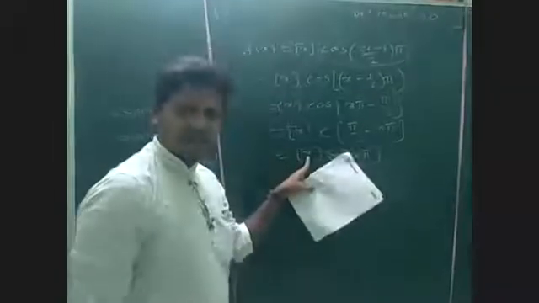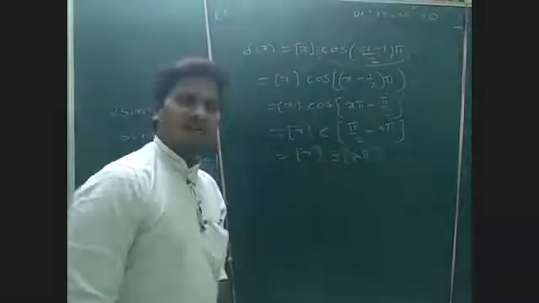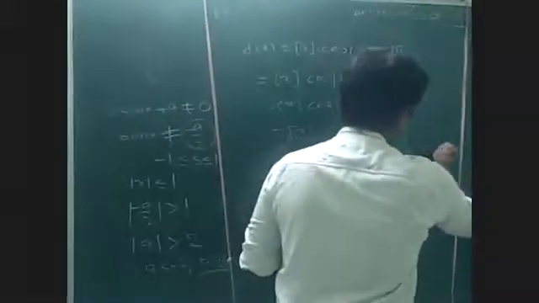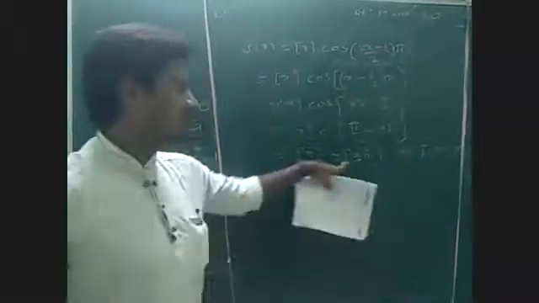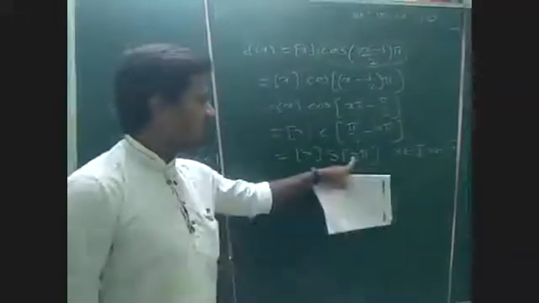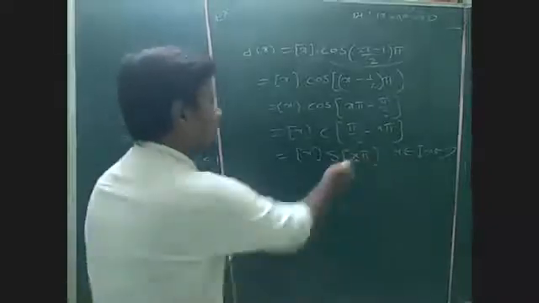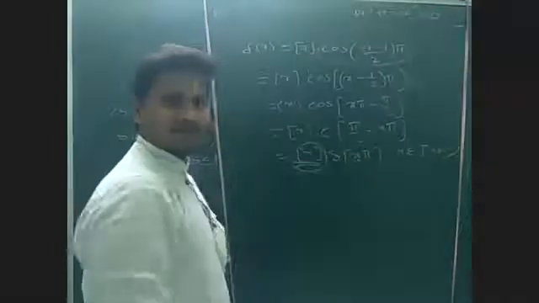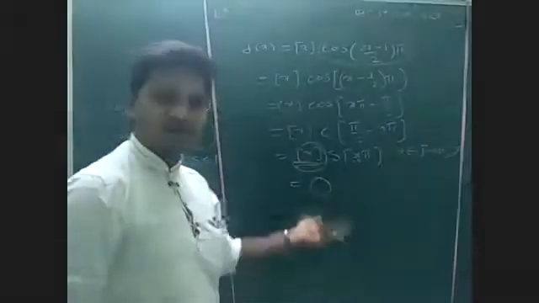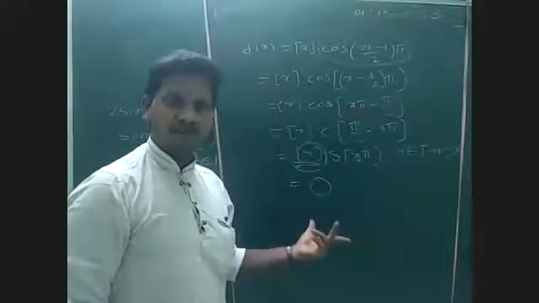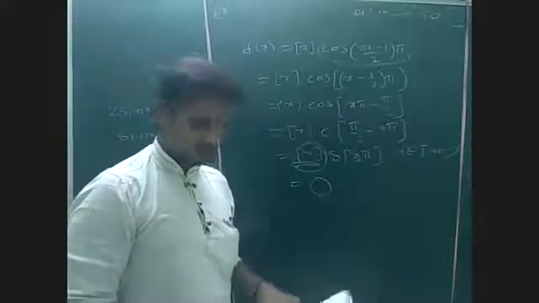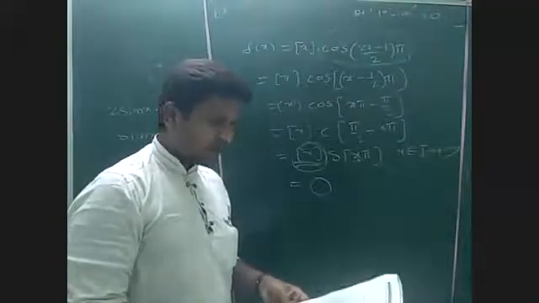For any x value, x is an integer. What about this value? I am taking x belonging to integers. What will happen to this sin of x pi? For every integer, take x value 0, 1. 0 into this step value is 0. So finally we will get 0. 0 is always continuous. 0 is always differentiable. So finally, what is the right answer here?